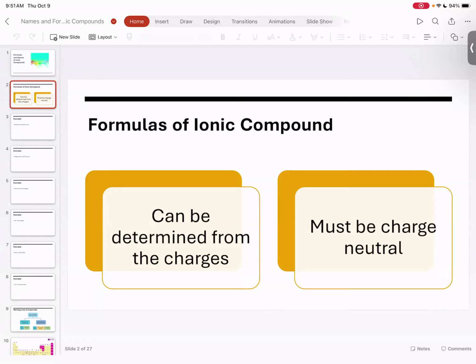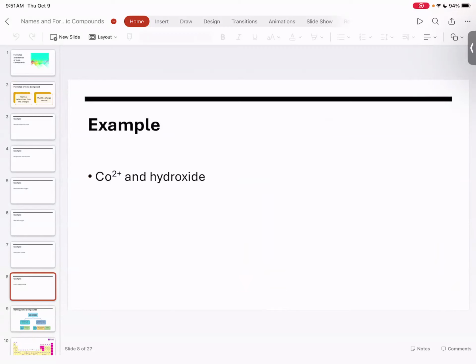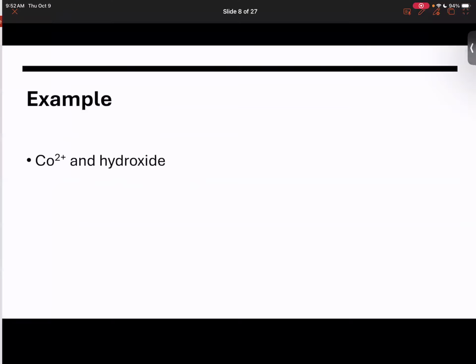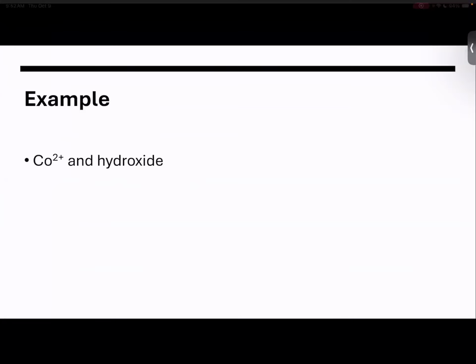So at the end of lecture last week, we looked at a variety of compounds and we developed the formula of the ionic compound based off of the ions themselves. And with cobalt hydroxide, we said, okay, it contains cobalt 2,